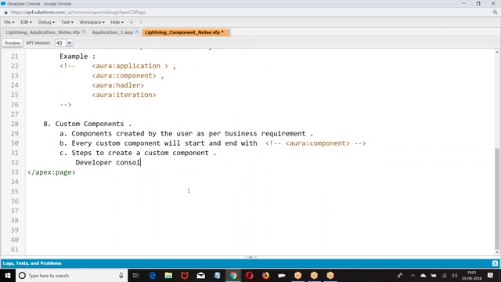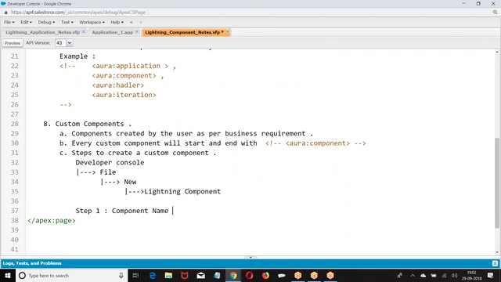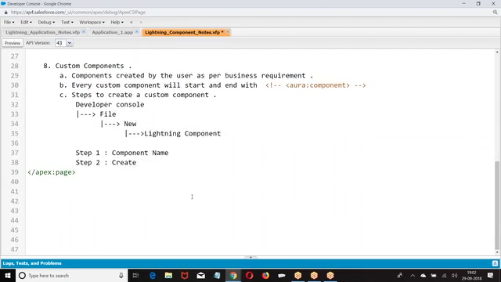Steps to create. Then we have developer console, file, new, Lightning component. Listen to this.